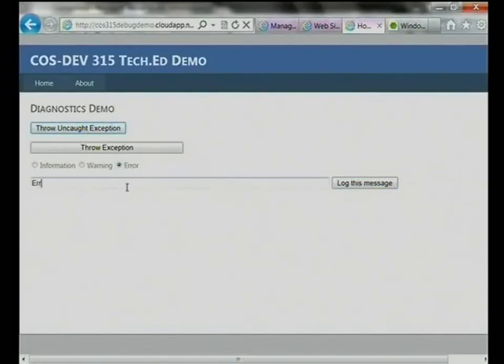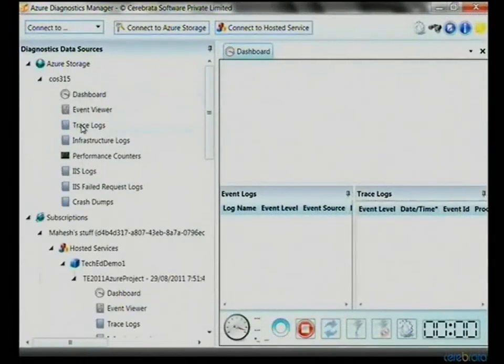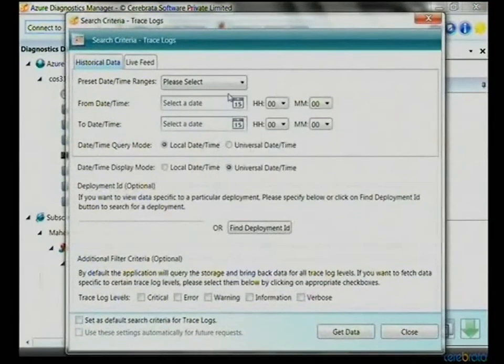I'll do an error. If I jump into Diagnostics Manager now and say, hey, I want to obtain the trace logs, notice that every minute, after it started collecting data, some of the counters have actually shown up as well over here on my dashboard. But anyway, let's look at trace logs.